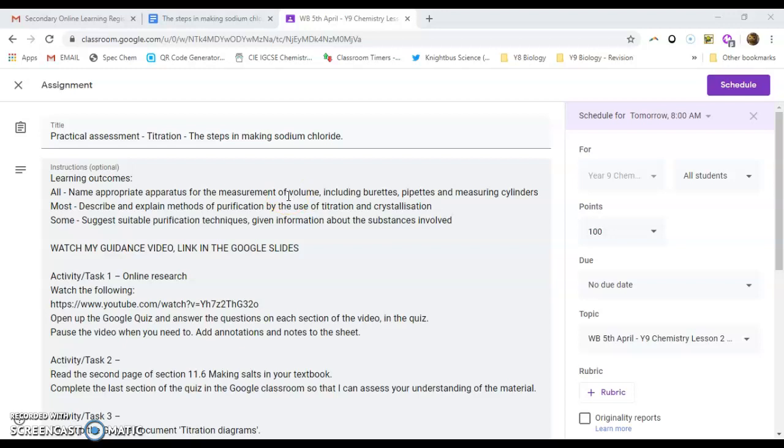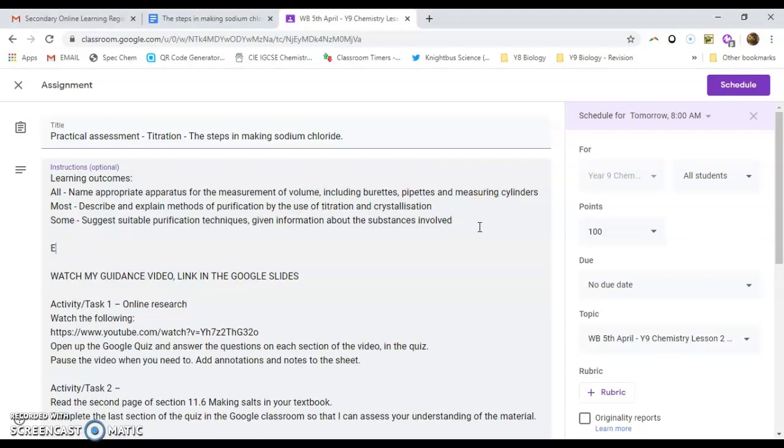Some of you will be able to go further and suggest suitable purification techniques given information about the substances involved. And as an extension, you'll be able to come up with a method, a step-by-step